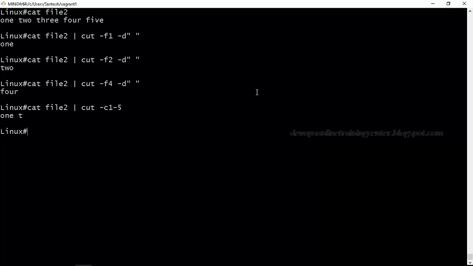So I want you to focus more on practice, Linux practice, and get all the commands familiar. Then we'll go ahead and start some of the tools, installations and configurations, and writing some scripts. So you should be really comfortable with all the commands which we have discussed so far, right?